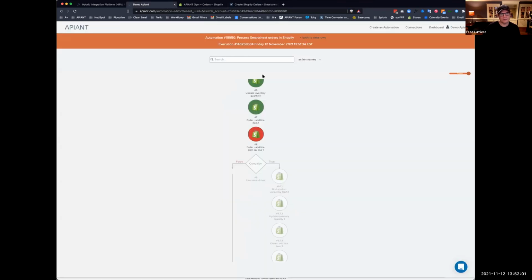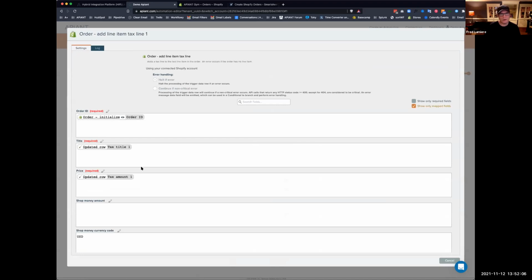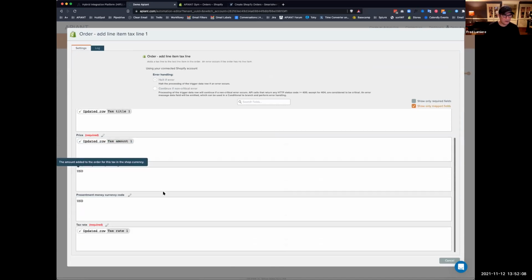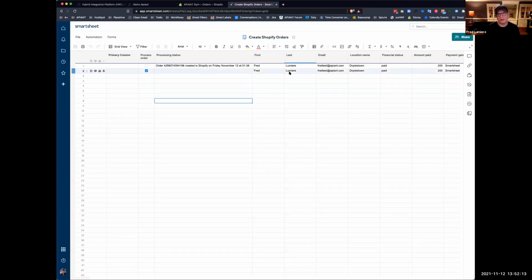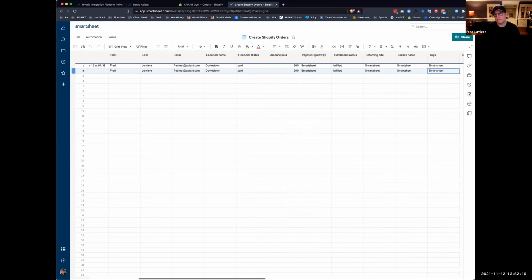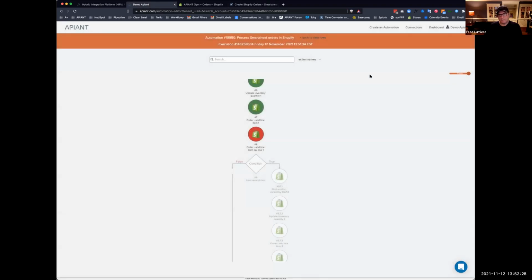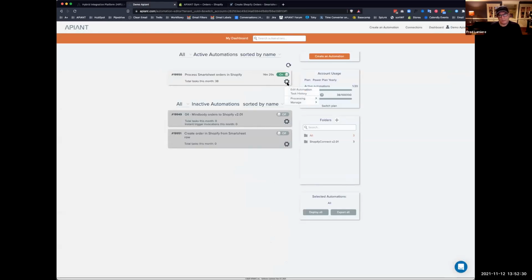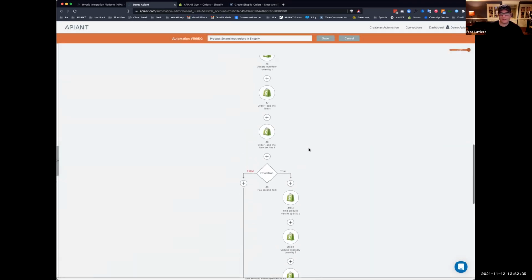So if you double click on the history, you can also see what you had at the time it ran. So tax rate 1, updated row tax rate 1. If I look at tax rate 1, right, I had removed the tax rate. Okay. So let's add some other logic here. We're going to say if there's no tax, don't add it, right? Because you could be selling items that don't have tax. So